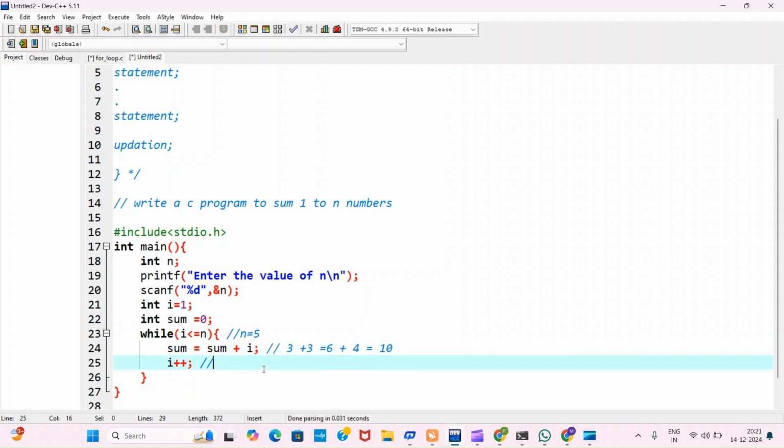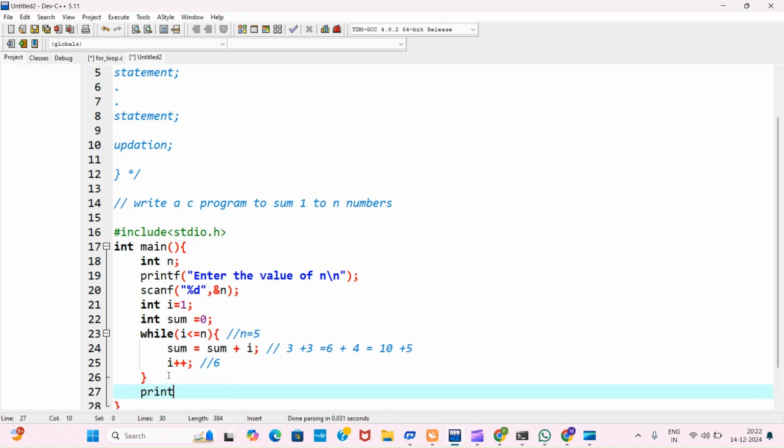After this it will increment the i value, that is 5. Again it will check the condition: 5 is less than or equal to 5, yes it is true. Again it will go inside the while loop and add 5 to the sum, which is 10. Again it will increment the i value. Then it will go to the while loop and check the condition. That means 6 is less than or equal to 5, this condition gets false, it will get out of this while loop, and finally